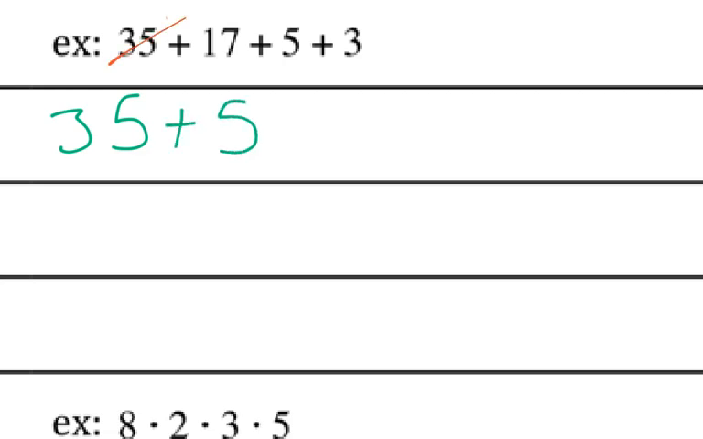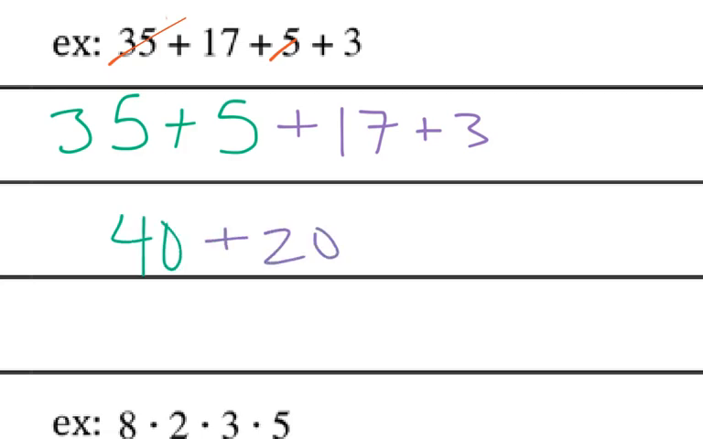Well, we've already dealt with these two numbers, so now I'm just looking at 17 and 3 with my eyes. I'm like, well, 17 and 3 is nice, because that ends up giving me 20, which ends in a 0. So 35 and 5 turns into 40. 17 and 3 turns into 20. And by doing it this way, I haven't really had to reach for my calculator, and I also haven't had to carry a lot of